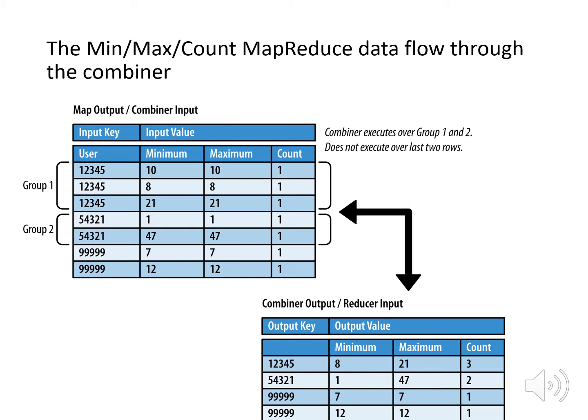So here, for group 1 and group 2, the combiner aggregates this line by outputting the same user with the minimum values from this group of records and the maximum values from this group of records, and adds up the count. So for the user 1, 2, 3, 4, 5, the minimum is 8, the maximum is 21, and the count adds up to 3. And the combiner may not